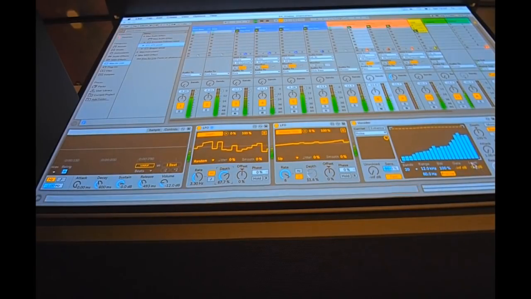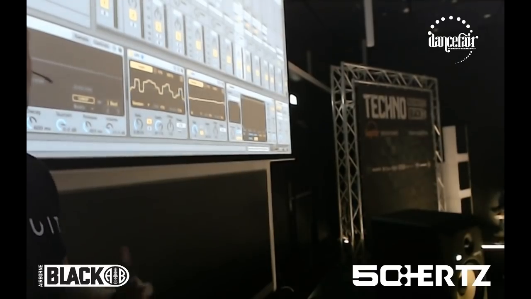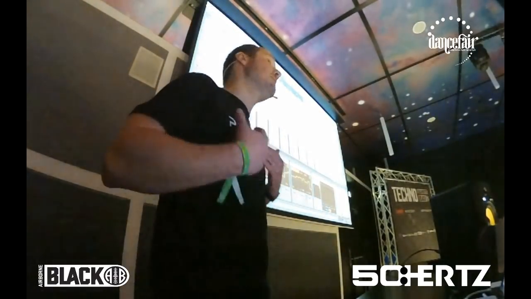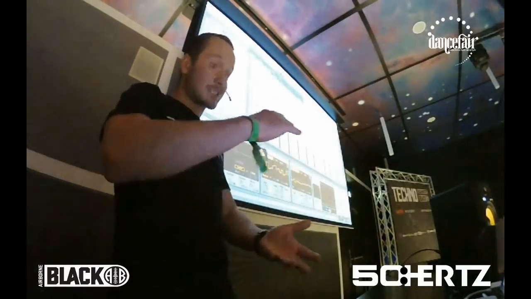So as you can see here, it now goes up, but it's still switching around a little bit. And that goes kind of with what I was saying about that analog flavor. I'm not saying this is analog, but every time it's a little bit different, and therefore, if you make techno, it can be quite repetitive, and you don't want it to sound boring every time. So these kind of subtle details can really, at least in my opinion, help me with my productions to get them to that next level.